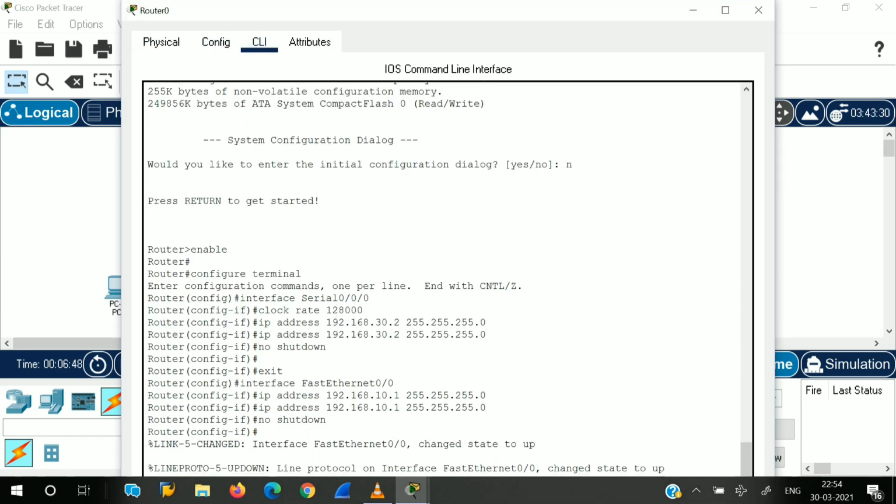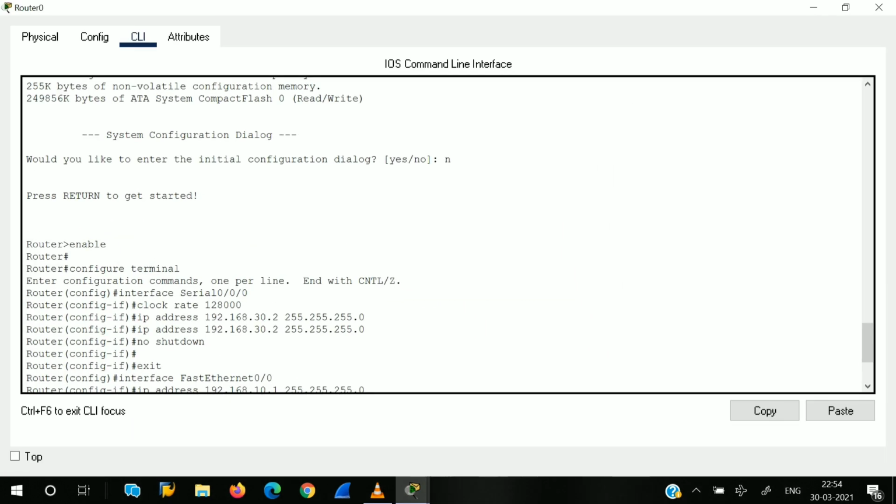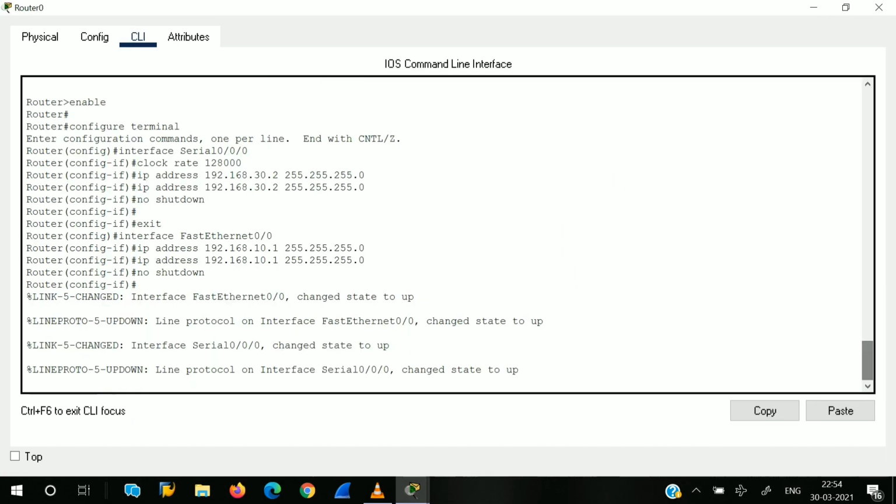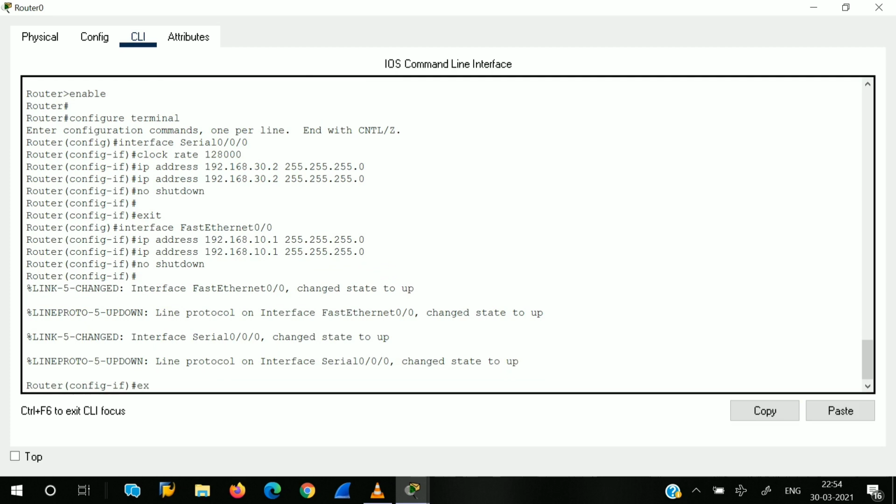Now select router 0, go to CLI and give its command.